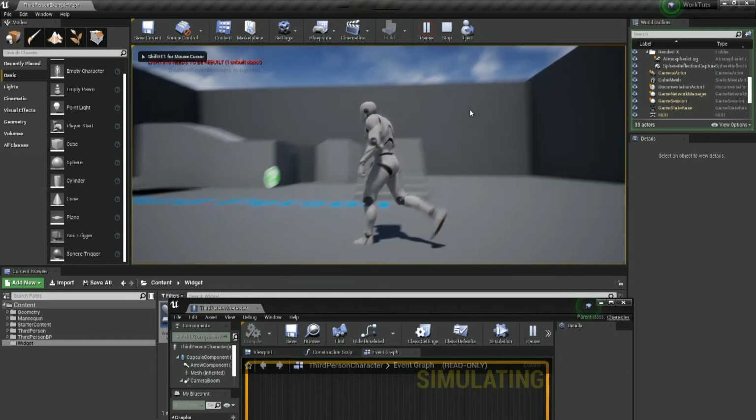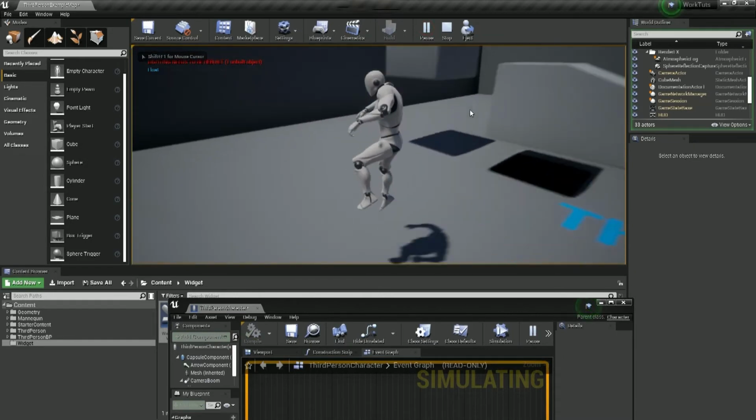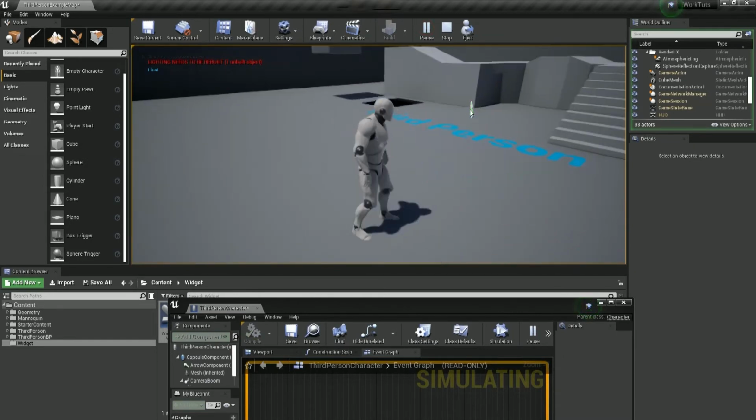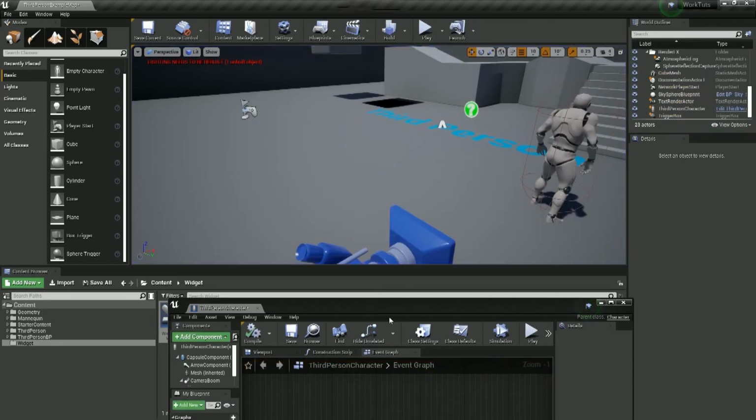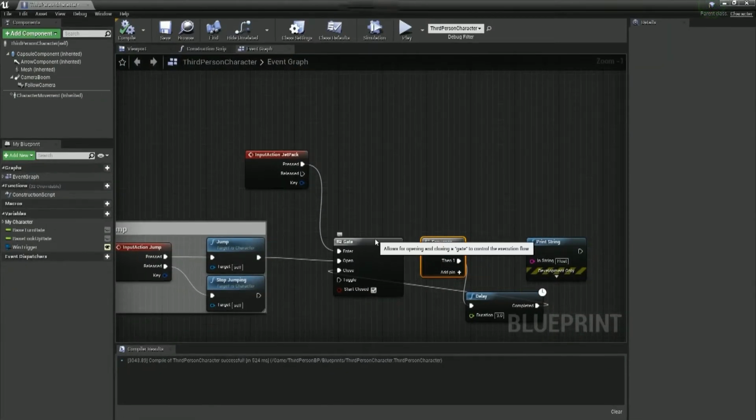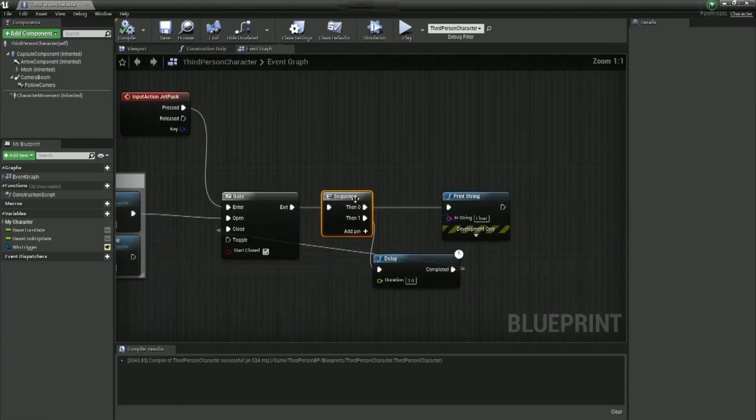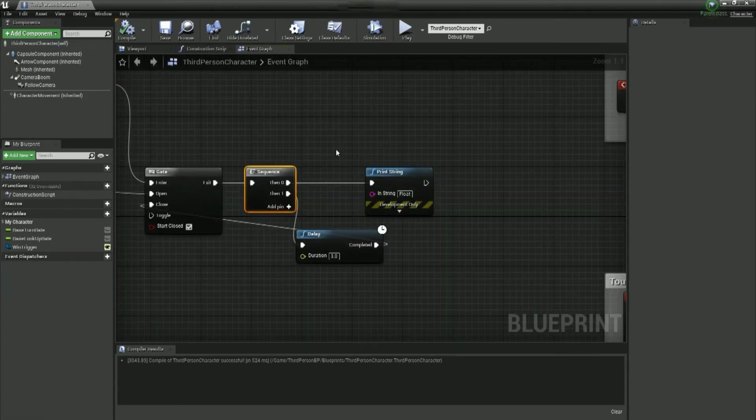So when we run and jump, it says float. Excellent. So we know the system is working. Now the game works through use of gravity. Well, that's how the physics work, and it's got a simulation of gravity. So we're going to edit the gravity scale. And to do so, we want to